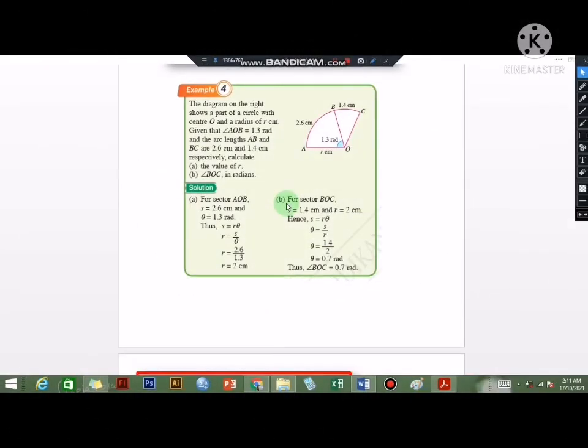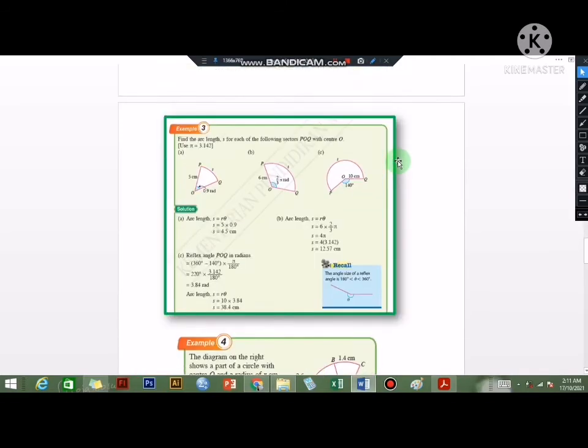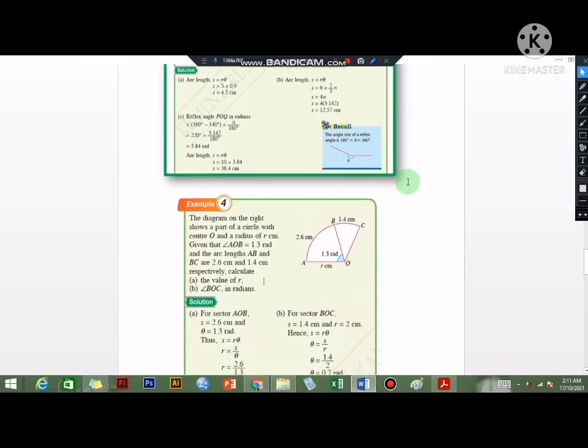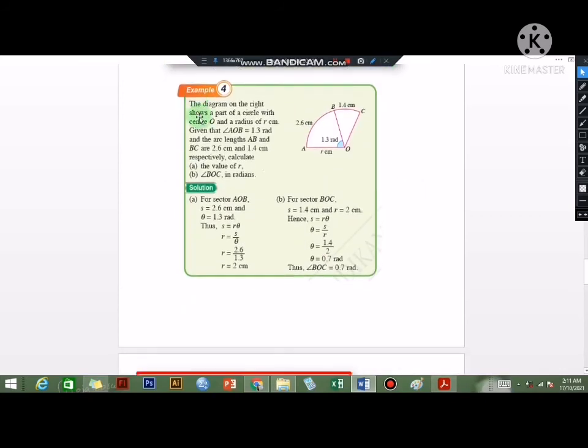Okay, class. Let's look at example 4. For example 4, the diagram on the right shows a part of a circle with a center O and a radius of R cm. Given that angle AOB is equal to 1.3 radian,